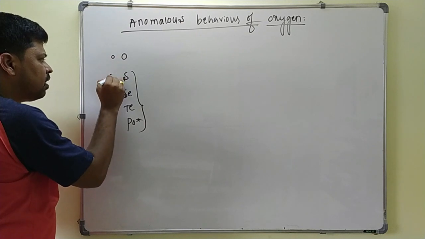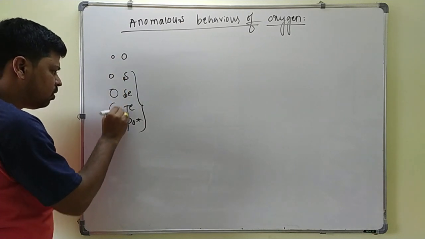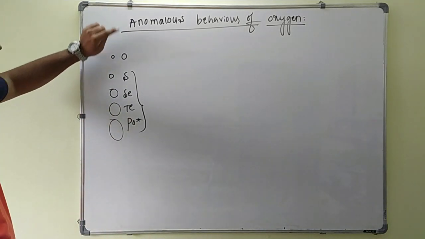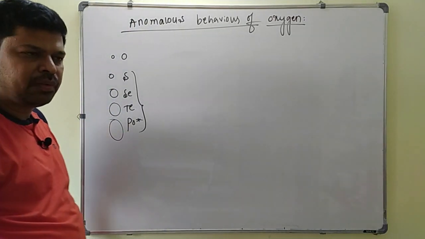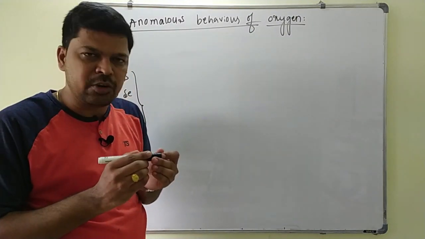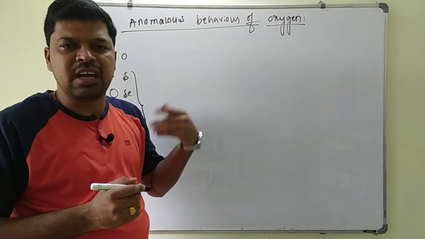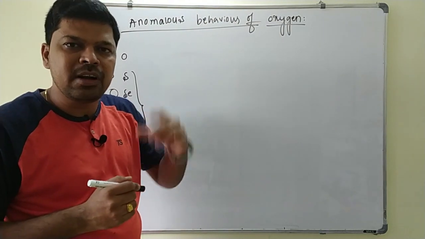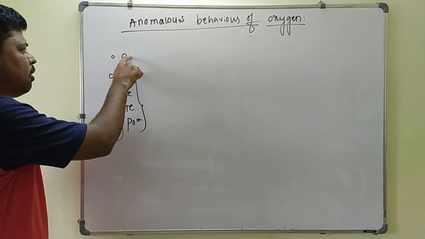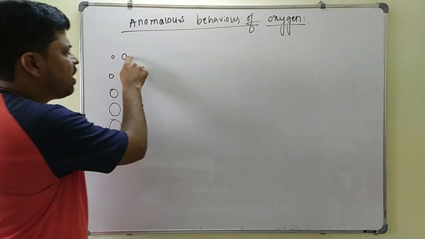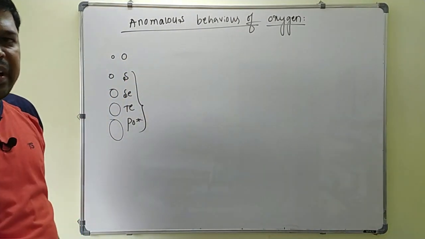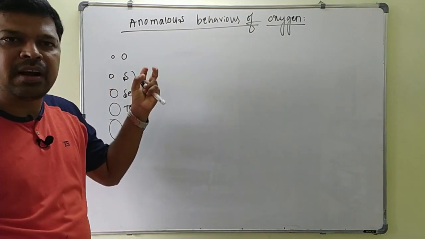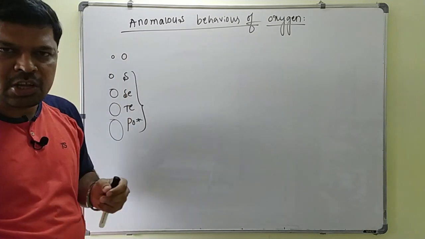See here, down the group atomic size is increasing. So in this group, oxygen has a smaller size. Because of its small size, it shows anomalous behavior. And it has the properties related to the small size of the atom, like high electronegativity, high ionization energy, and the most important thing is, since it belongs to the second period, it does not have any vacant d orbitals. There is absence of vacant d orbital in oxygen. So all these factors impart that anomalous behavior to oxygen.